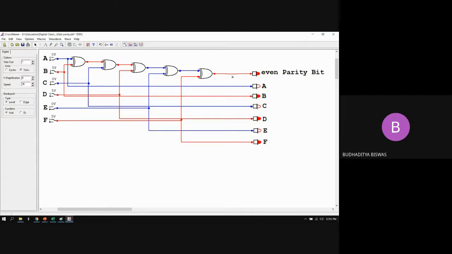If we put a NOT gate, then the total data always contains an even number of 1s. And if I delete the NOT gate present here, then the total number of 1s is always odd. Here you see 1, 2, 3, 4, the total number of 1s is always even. If it is even, then this will not glow up. So it always makes it even.